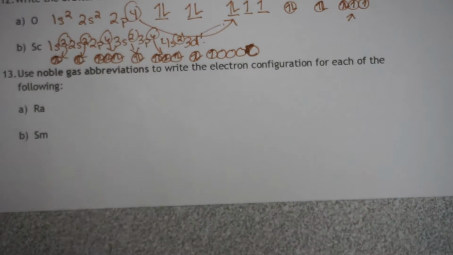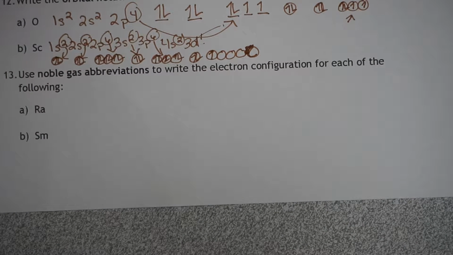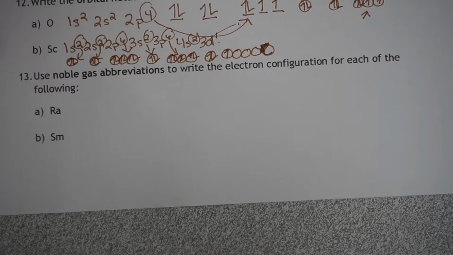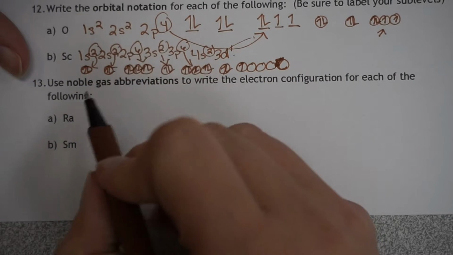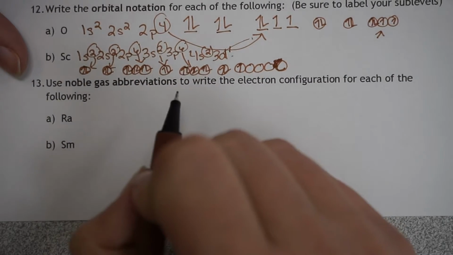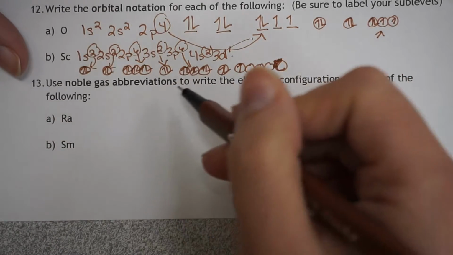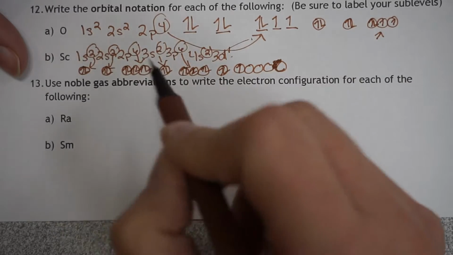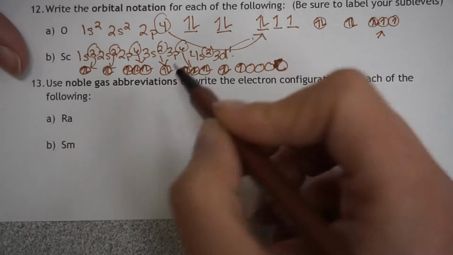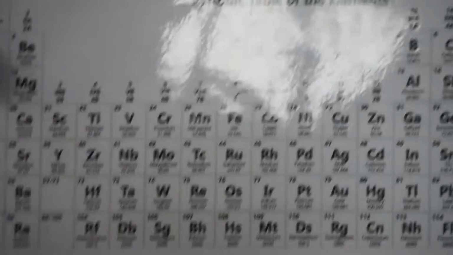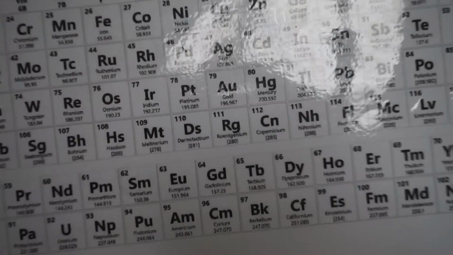Okay, so use noble gas abbreviations to write the electron configuration for each of the following. You'll also see short version, abbreviated version, noble gas abbreviation, noble gas configuration. If it's asking for a shortened version, all you're doing is the noble gas version. So we're doing that with